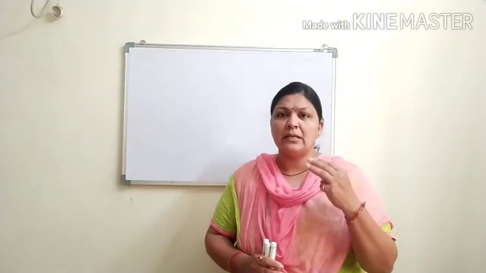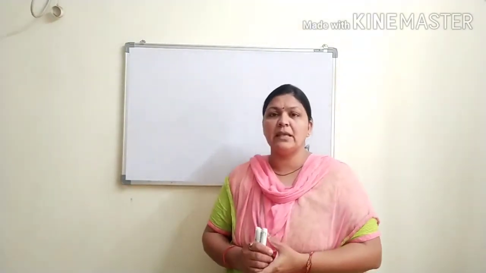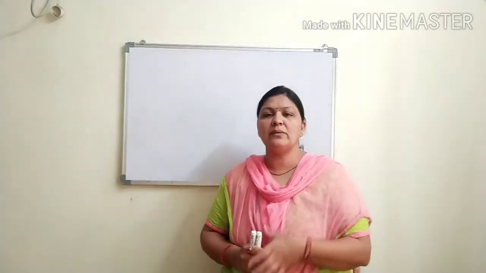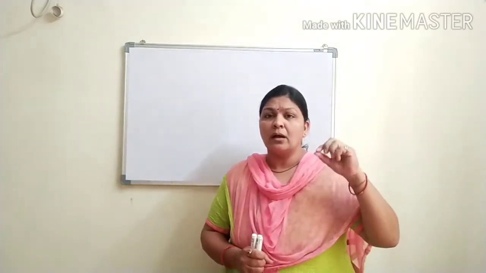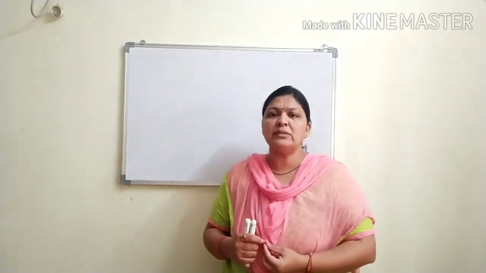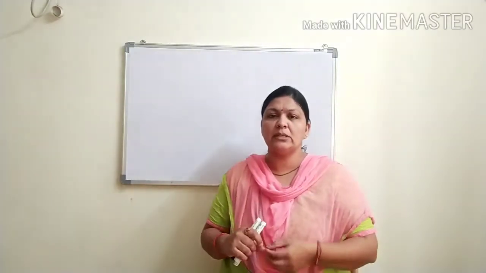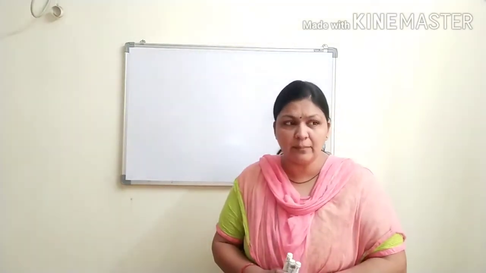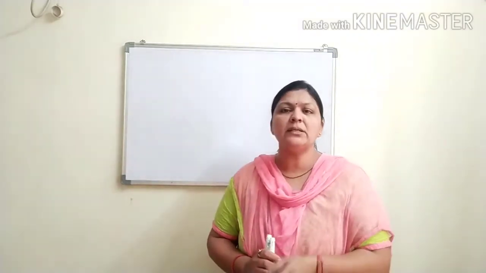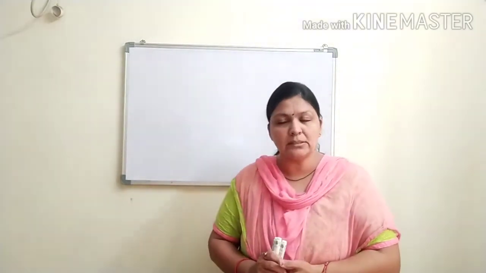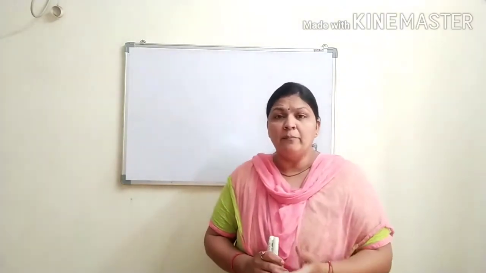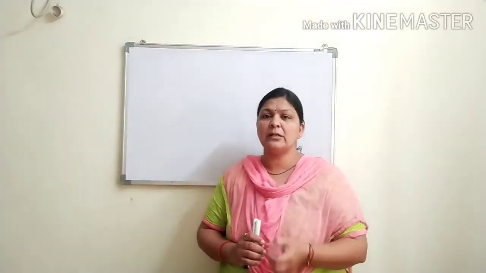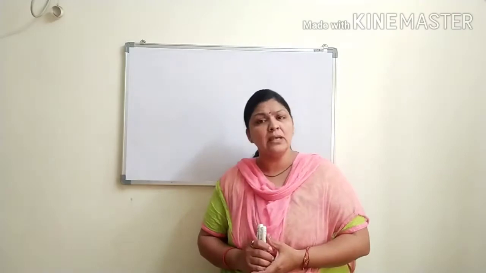Previously we had seen that there are three types of series: individual series, discrete series and continuous series. Among these series we started the individual series. Every one of the three series has three methods for calculating the arithmetic mean. First is the direct method, second is the shortcut method, and third is the step deviation method. Previously we saw the first method with the individual series, the direct method. We already saw one example of this method.